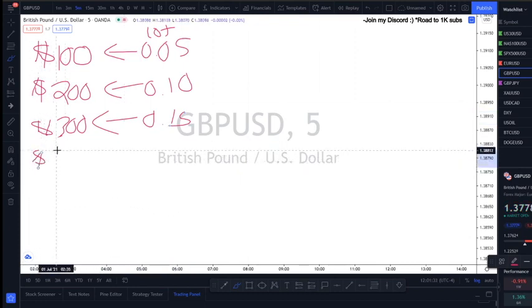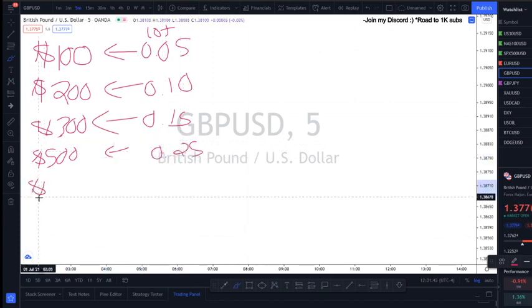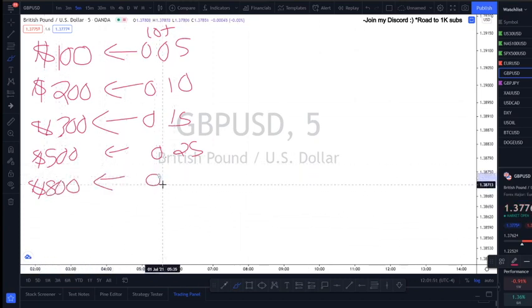Let's skip down to $500, right? What's half of 50? 25. So you use a 0.25 lot, and then we'll skip a little bit. We'll skip to 800, right? What's half of 80? 40. Cool. We're going to use a 0.40 lot, and then we're skipping 900, and we're just going to go to